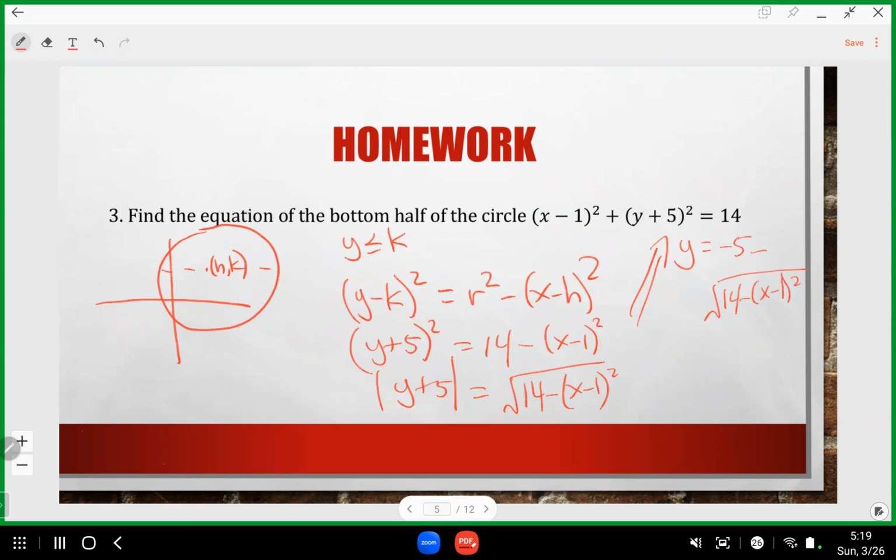Very good. Because y is less than or equal to k, that is the subtle point here that you must understand. Because y is less than or equal to k, y minus k must be negative or 0, but we don't care about 0. We just care about the negative. Because it is less than or equal to 0, the absolute value is going to be negative, and therefore negative the quantity y plus 5, meaning negative y minus 5, is equal to the square root of blah, blah, blah. And you get this, therefore,